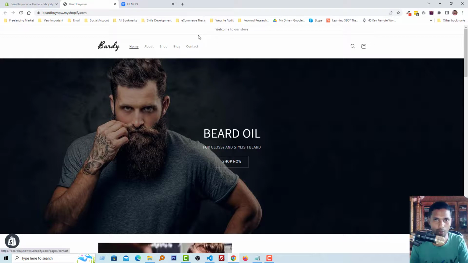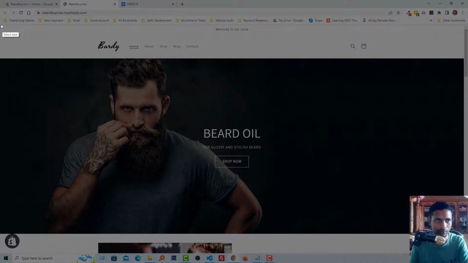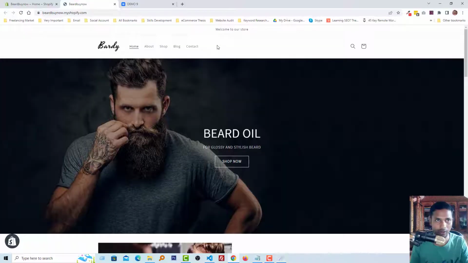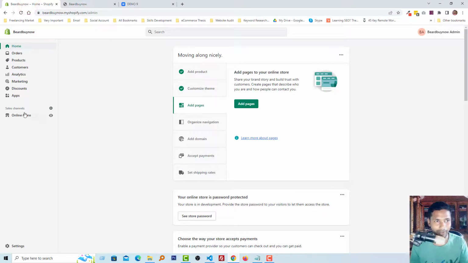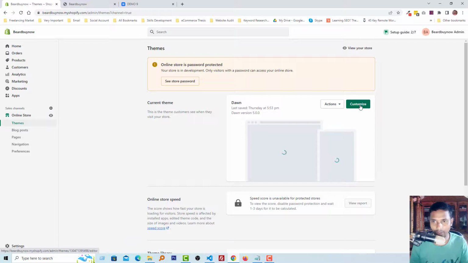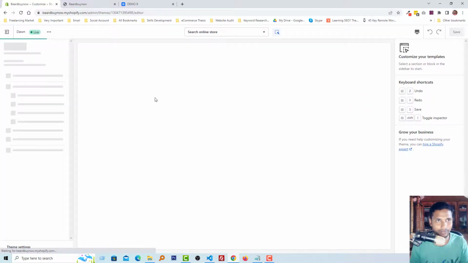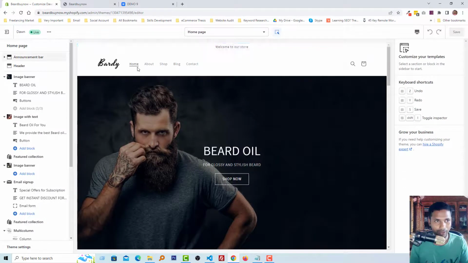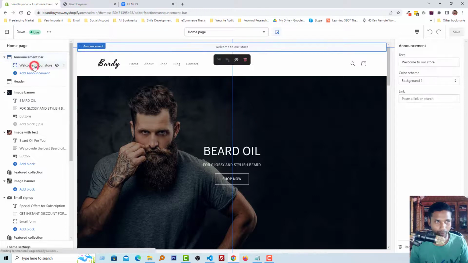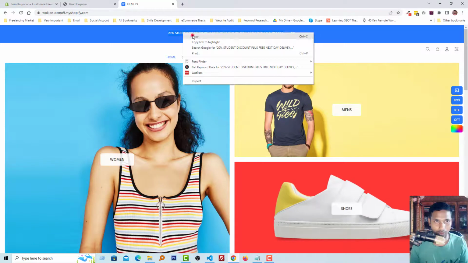So first I want to change the header top section. This one, I want to change the color of this section. To do this I am going to the admin panel, then click on Online Store. Now click on Customize. To change this text, click on the announcement bar, and in the announcement bar we can see the text that we want to change. So I'm just going to copy a text,